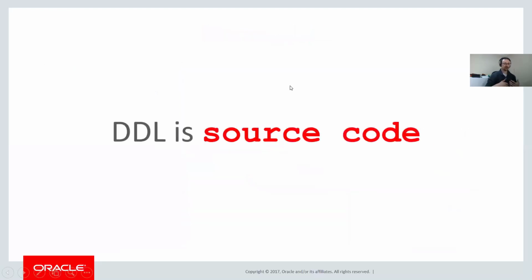What about the more managerial aspects? How do we actually manage the release? How do we package it up, make sure we know what we're doing and everything's going to be fine? So one of the key and most important things I want to say here is that DDL is source code, all right? A fact that seems to be lost on some people. So what do we do with all our source code? Hopefully someone can tell me in chat, you've got your application code, your PL/SQL, your Java code, whatever it is, where do you store it other than in the database?